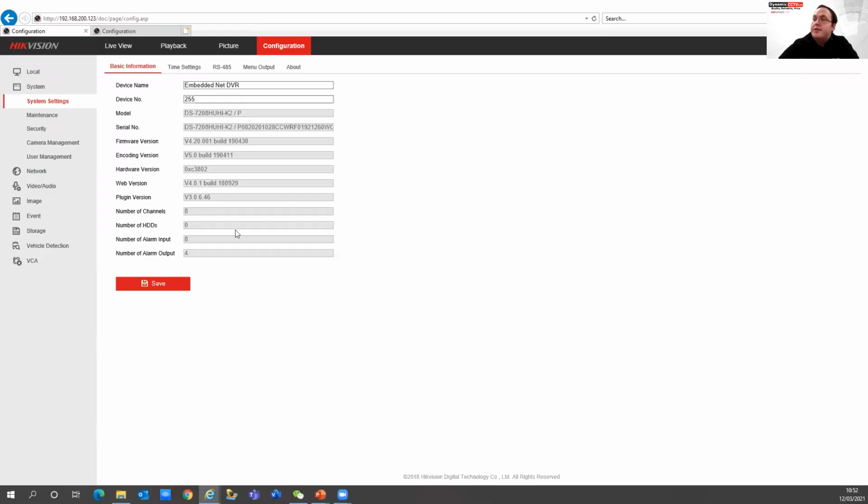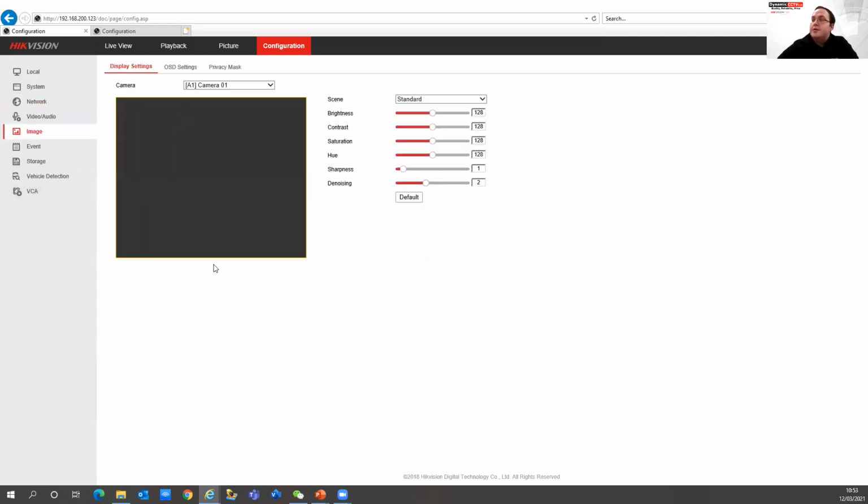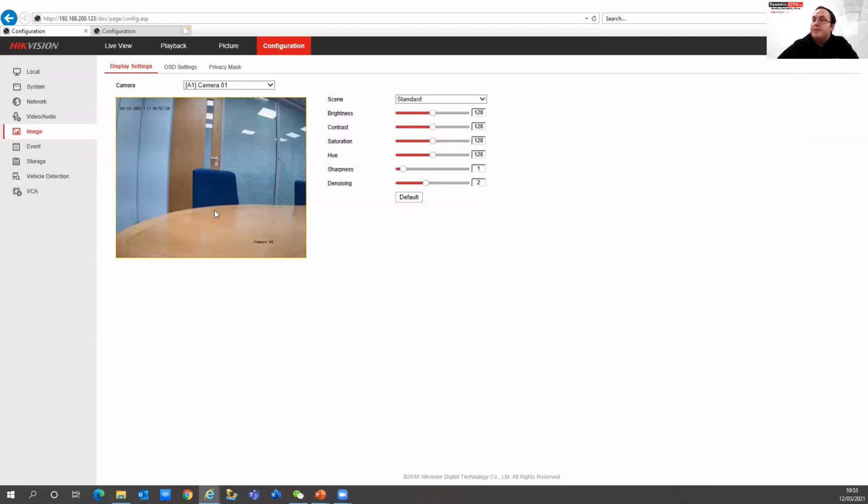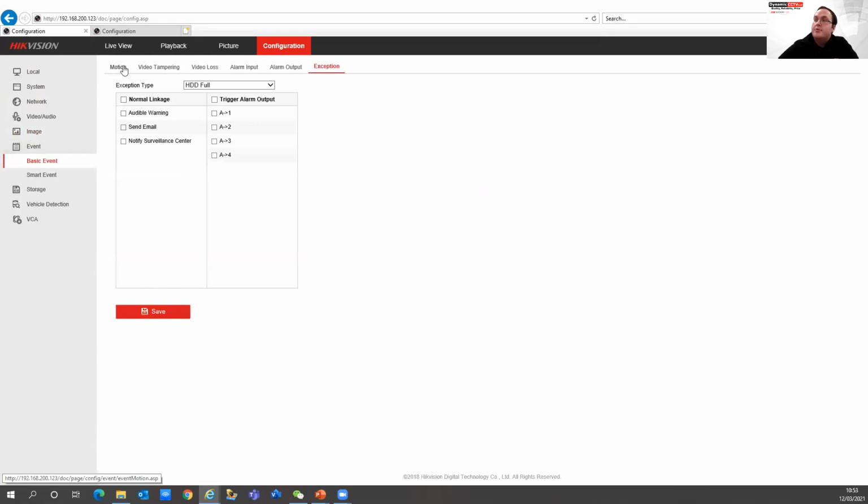So you can see this is the 7208HUHI-K2 recorder, and it's got the /P at the end of the model number, which means it is a POC unit. This is powering the camera directly from the back of the unit itself over coax cable. If we go into our image settings, this is the image from the camera itself. It's a ColorVu camera that I've got connected, being powered by the POC on the system itself. If we go into our event section and go into motion,